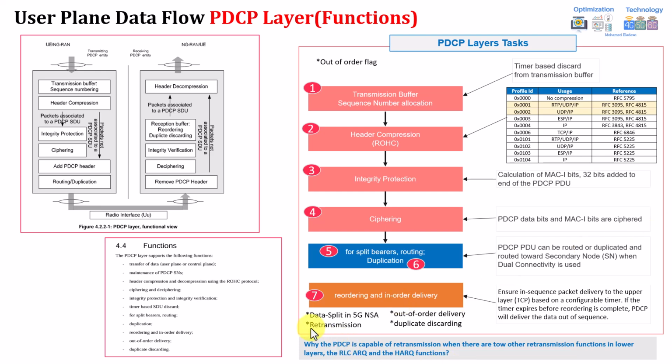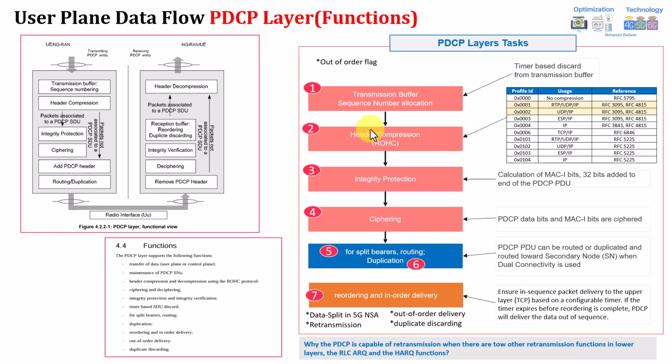And also, we're speaking about something called the PDCP retransmission, how the PDCP in general is doing retransmission. If you remember last time, I highlighted that retransmission can be done by TCP, can be done by PDCP, RLC, and MAC as well. But the PDCP is kind of different compared to the others because it's not retransmitting a specific packet. We'll go through the details for each of these points in the next slides.